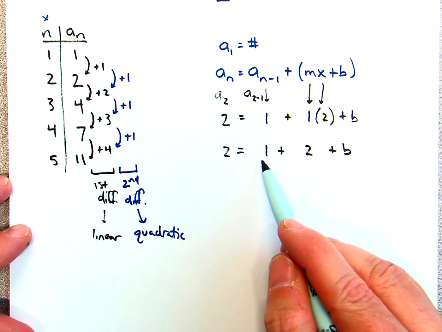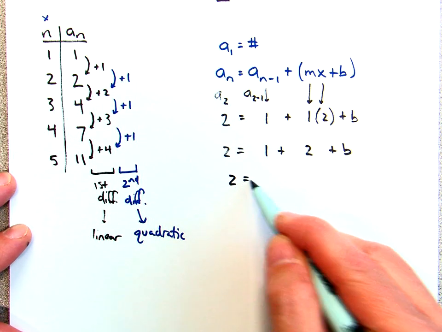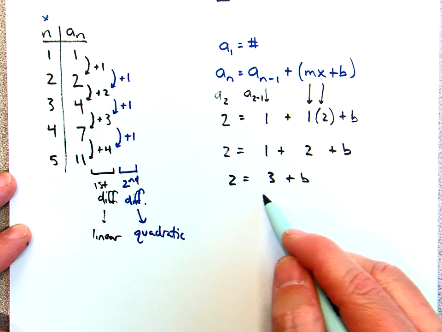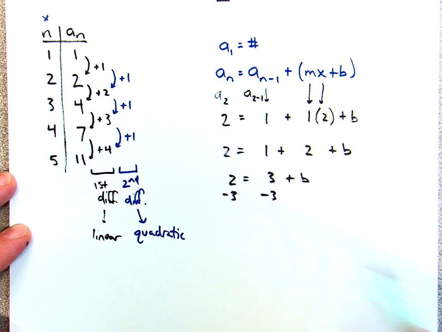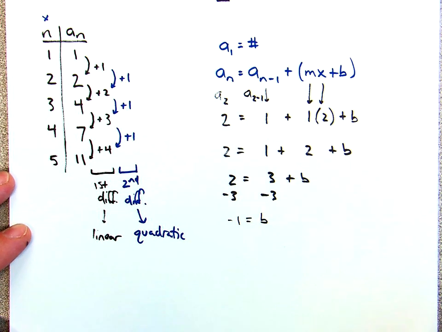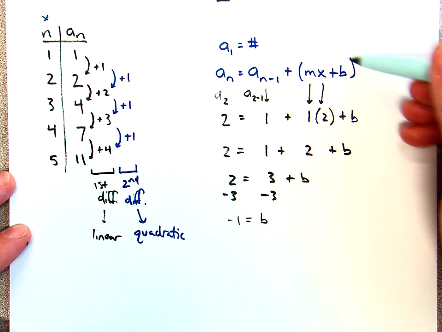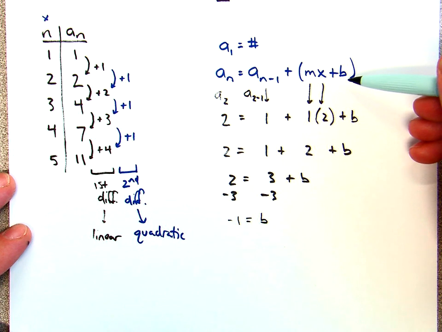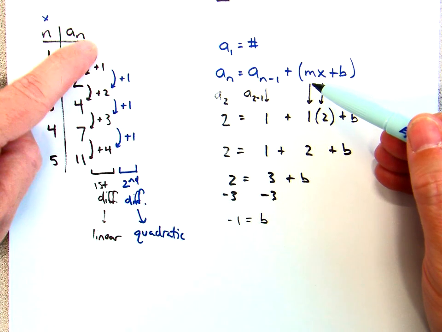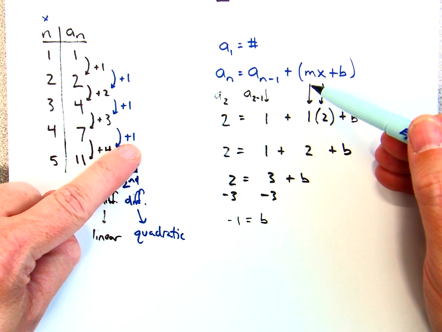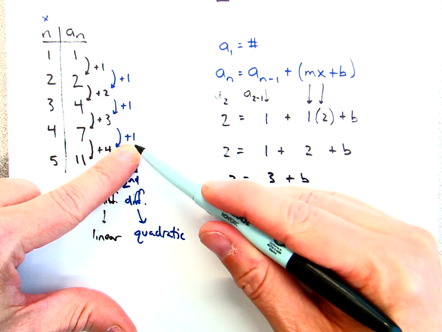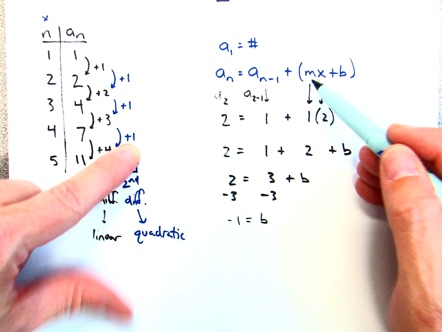And then I can combine like terms. 1 plus 2 is 3 plus b. And if I want to solve for b, then I can subtract 3 from both sides. So negative 1 is b. So the b value of this growth rate is negative 1. We know that the linear growth here has a rate of change of 1. So I'm going to plug in my b, I'm going to plug in my m,